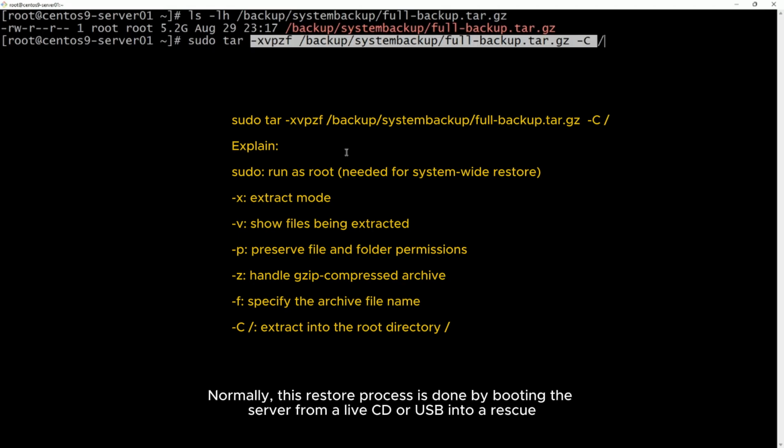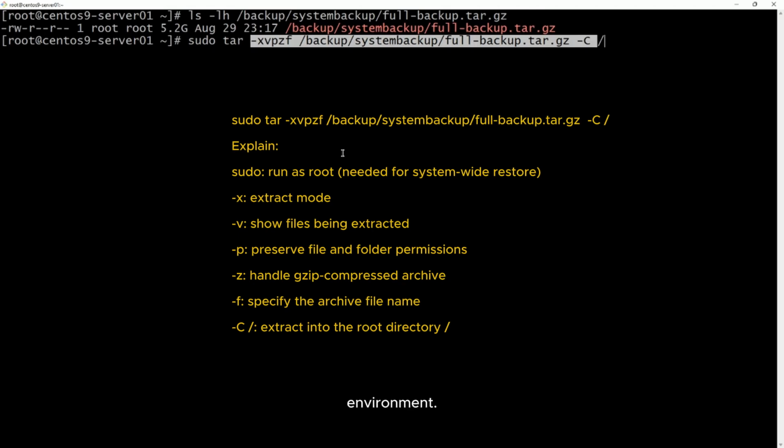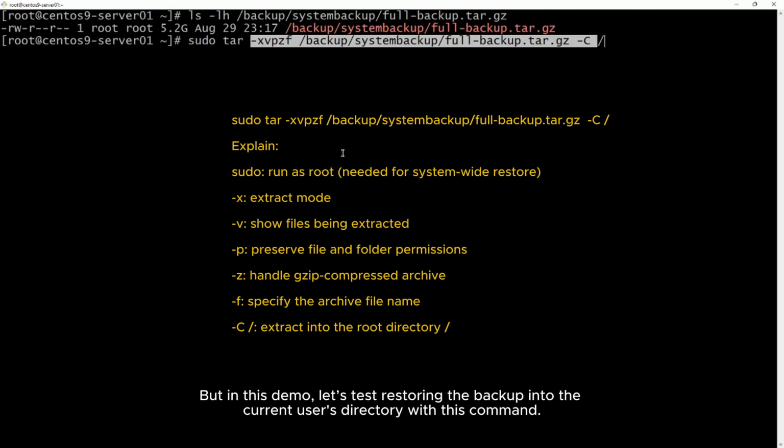Normally, this restore process is done by booting the server from a live CD or USB into a rescue environment. But it is a demo. Let's test restoring the backup into the current user directory with this command.